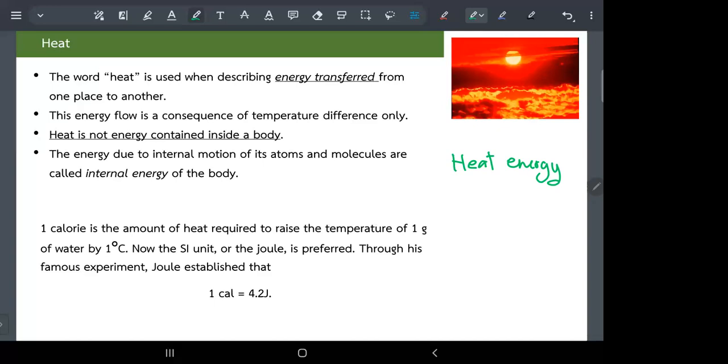Which is not good, because in physics, or in English actually, what you really want to use is more like thermal energy. So it's an energy related to something thermal, something to do with temperature, right? So this is not good. You will never use this word in your life, or you shouldn't hear anybody using this one. Heat energy doesn't make any sense